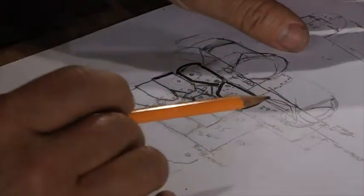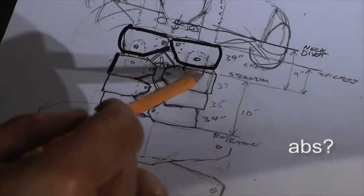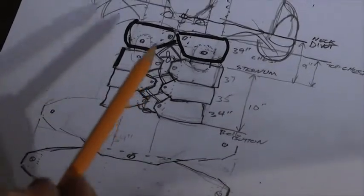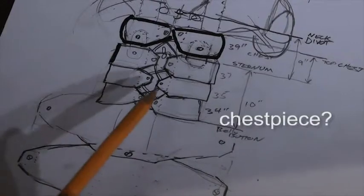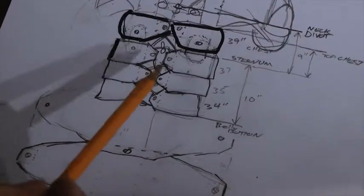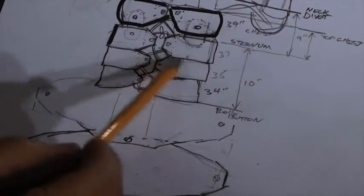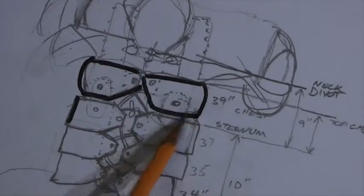So this is what I'm working on. This is the stomach section for the chest piece. The chest piece comes down to the cross pieces here, and then they're threaded. This is the most primitive look I could come up with for this. You can see some of my calculations there. This is how it ties in with the